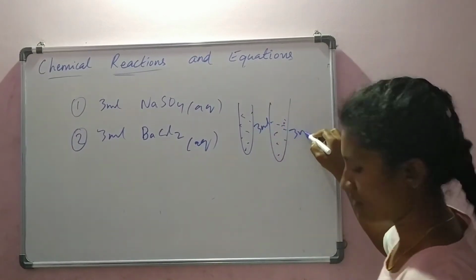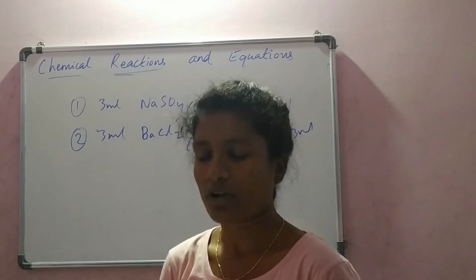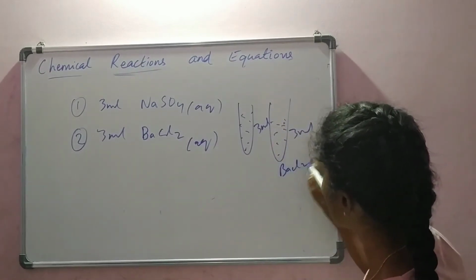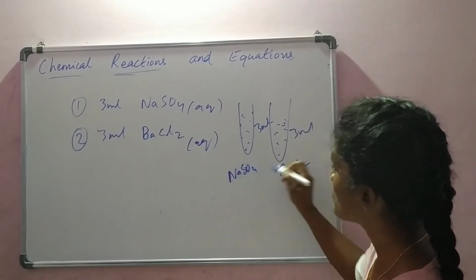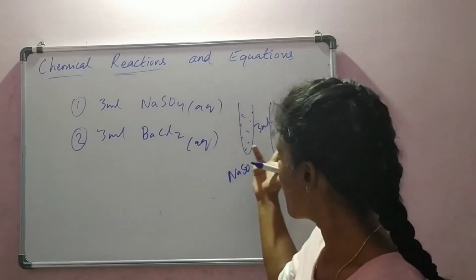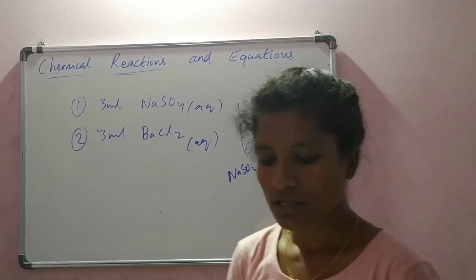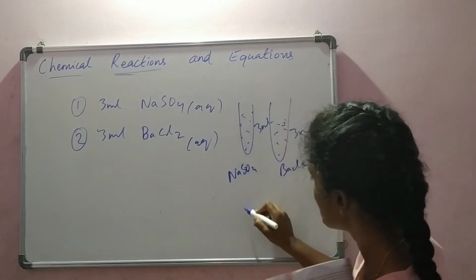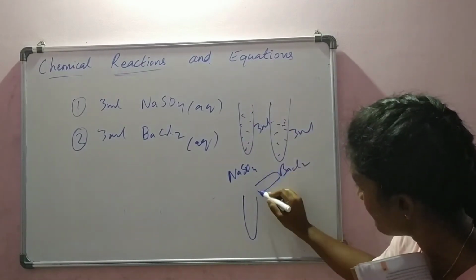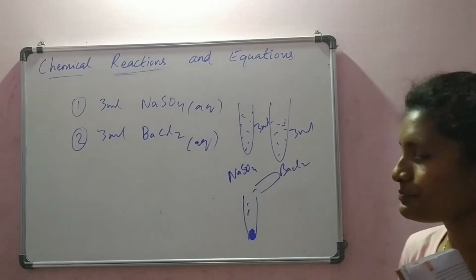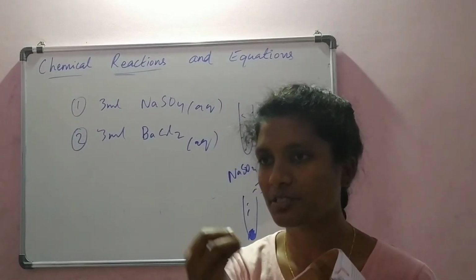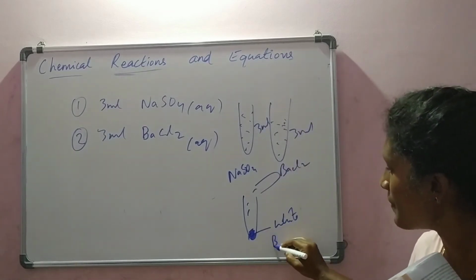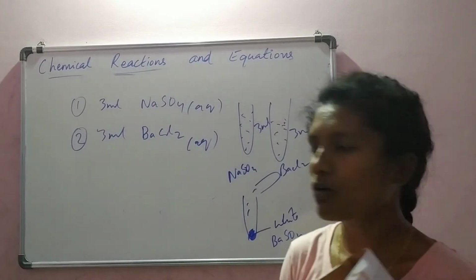3 ml, 3 ml. Then add barium chloride slowly to the sodium sulfate solution. Take this barium chloride and pour it into the sodium sulfate, slowly. What happens? A white precipitate of barium sulfate is formed at once. So in this test tube, after pouring, we get a white precipitate, a characteristic of a chemical reaction, precipitation formation. A white powder will be formed, that is barium sulfate. Okay, we'll write the reaction now.